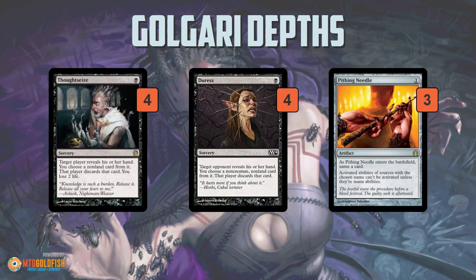And then the deck plays a bunch of ways to proactively protect the combo. Thoughtseize and Duress get rid of the Swords to Plowshares that might be in your opponent's hand. Pithing Needle comes down to name Wasteland to make sure your opponent isn't going to be able to disrupt the